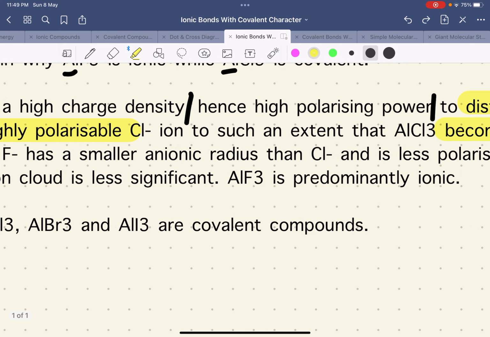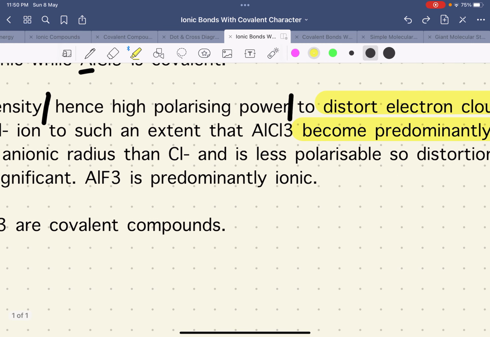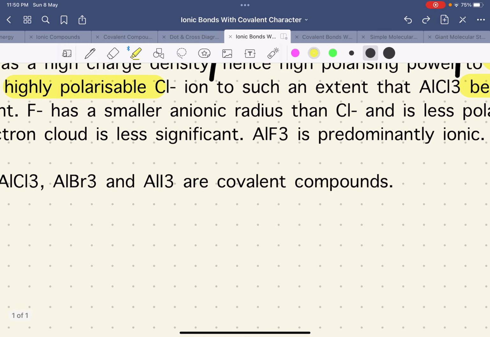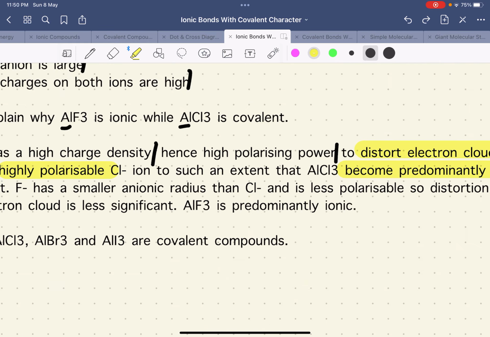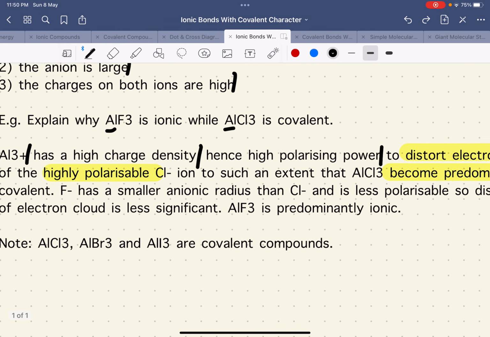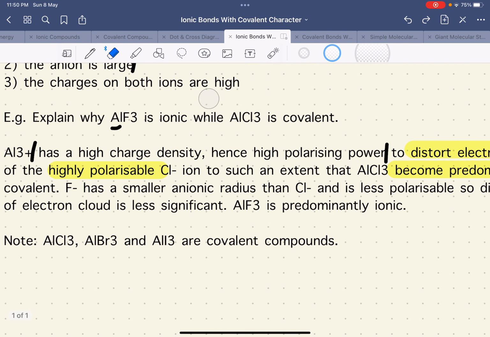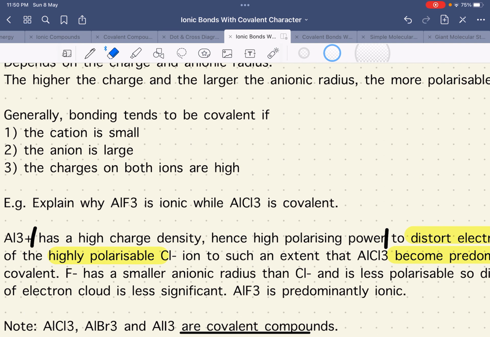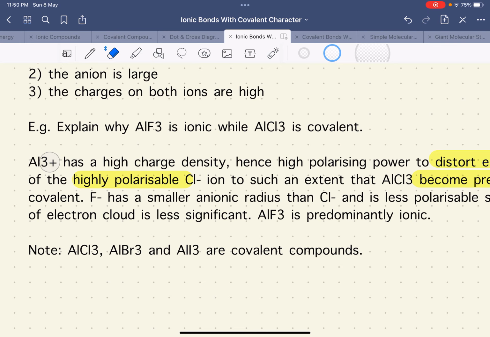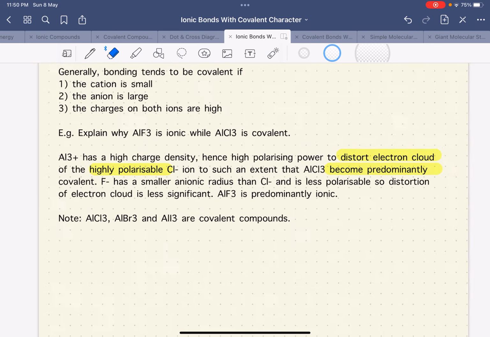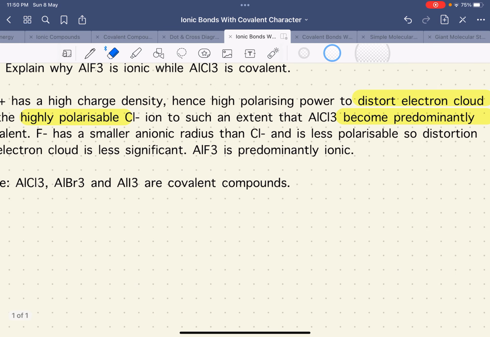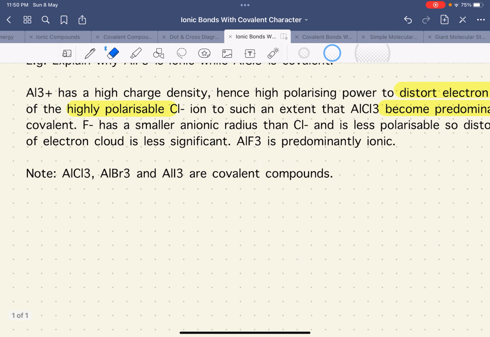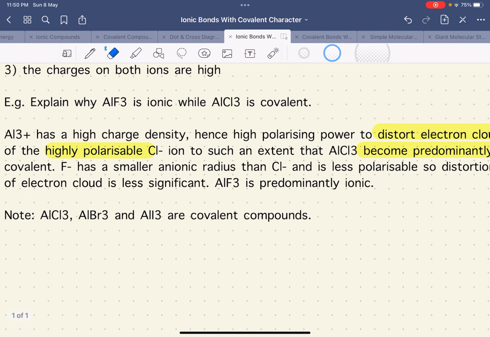Now F minus has a smaller ionic radius than Cl minus, and is less polarizable. So distortion of the electron cloud, again, keywords. When you're doing your practice, always mind the keywords. You can understand the concept very well, but if you leave out the keywords, you won't get the marks. So F minus has a small anionic radius, so it is less polarizable, so distortion of the electron cloud is less significant, so it is